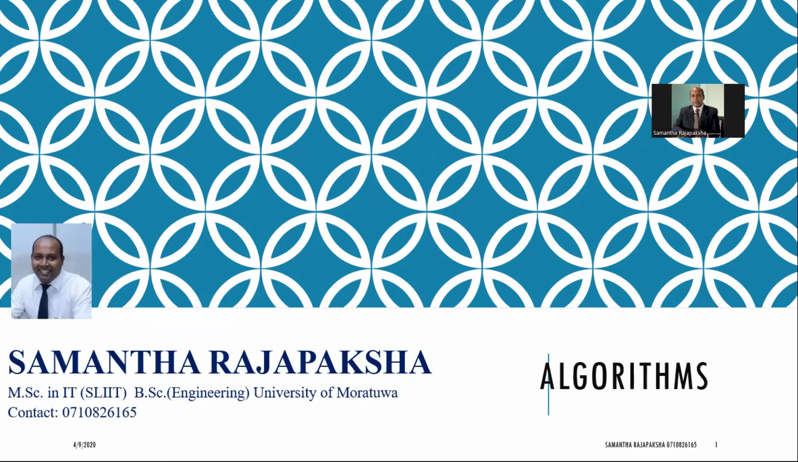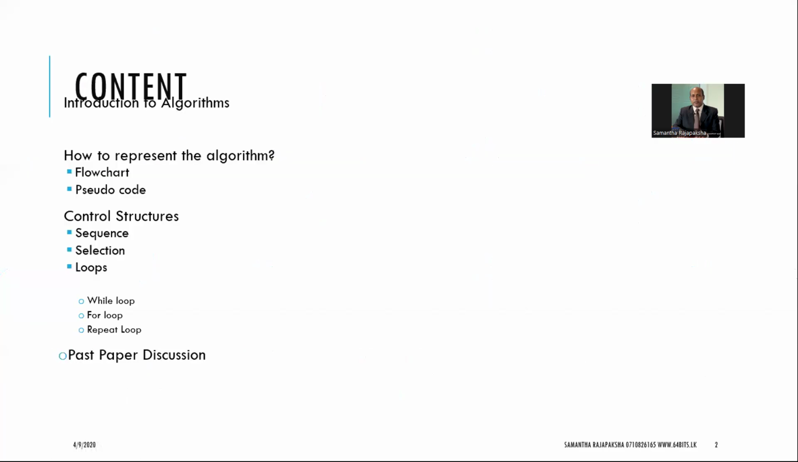Okay, good evening, students. Here we just discussed algorithms. We are going to cover basically how to represent an algorithm using flowcharts and pseudocode. And we discussed three control structures: sequence, selection, and loops. And then we discussed three loops: while loop, for loops, and repeat loops. And then do the past paper discussion. So these are the contents that you have to cover in